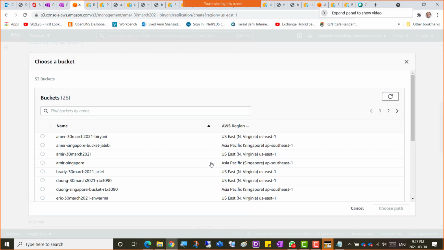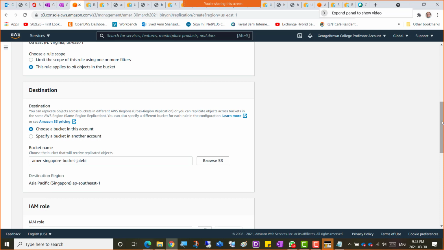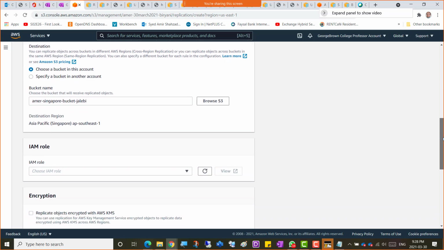So let's browse S3 and go for your named Singapore bucket. Let's click browse and go for your named Singapore bucket, and if you have chosen it, just go ahead and click choose path. Right, so you have chosen your named Singapore bucket, and